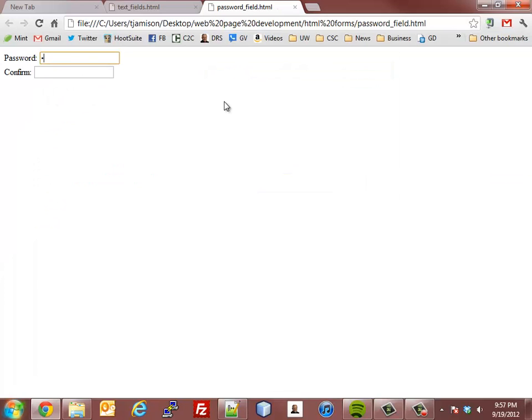Okay. Now the difference is when I type in my password, unlike with the text field that actually shows you the characters that you're typing in, passwords don't do that. Okay? It just shows a bunch of dots by default. You can change that behavior, but that's pretty typical. Okay? So that's what you would put in if somebody was putting in a password for a login. You don't want to necessarily show that as clear text. Okay? All right, the next one I want to show you real quick